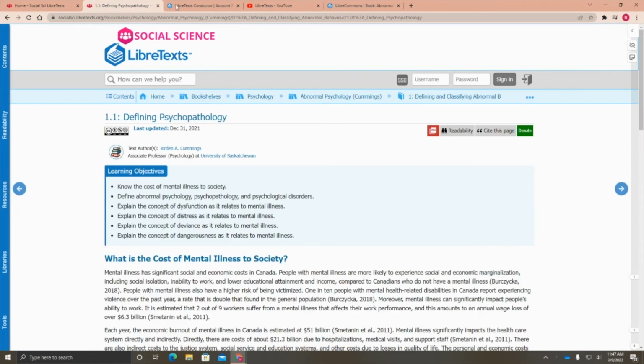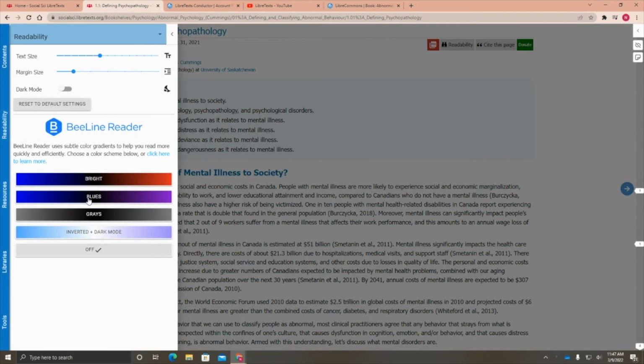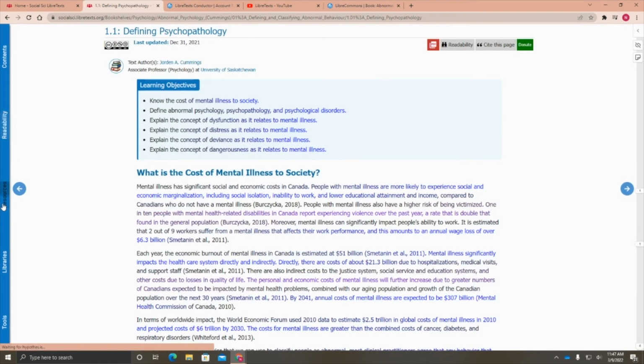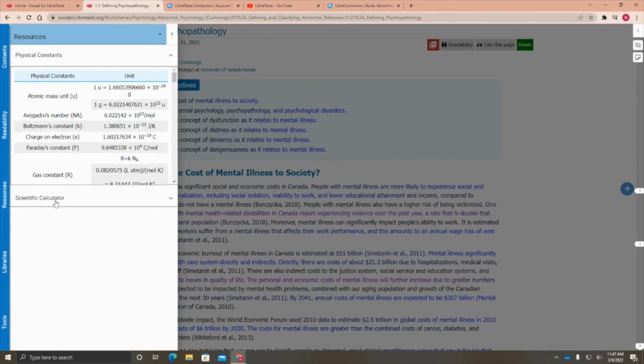Additionally, LibreText has helpful features available to students while reading the book. There's a readability tool called Beeline Reader that uses color gradients to help you read more quickly and efficiently. Click Readability on the ribbon to the left to turn it on, or there's a readability box at the top. You can also adjust text and margin size here. There are also reference materials for each library found under Resources on that ribbon, which include conversion charts and calculators,